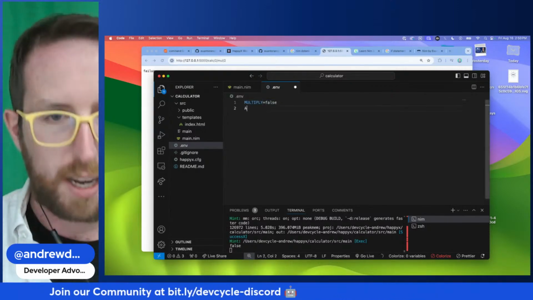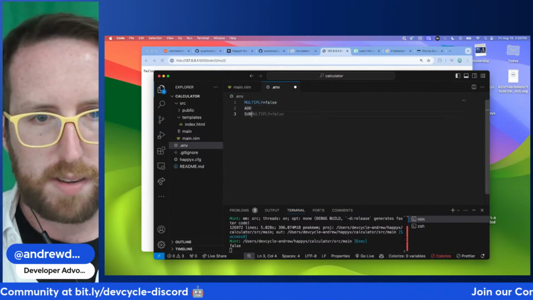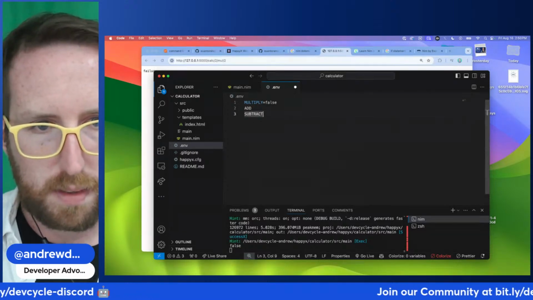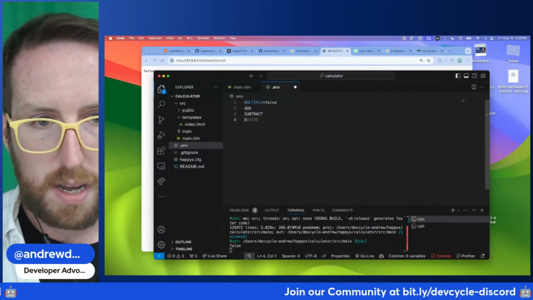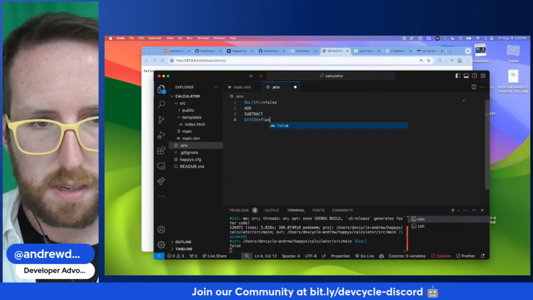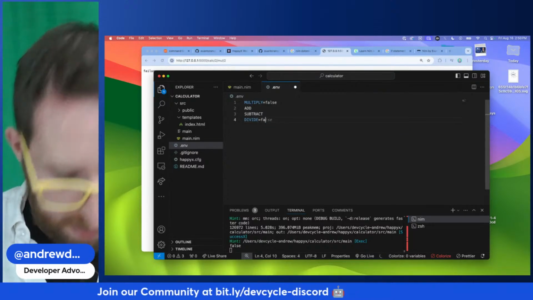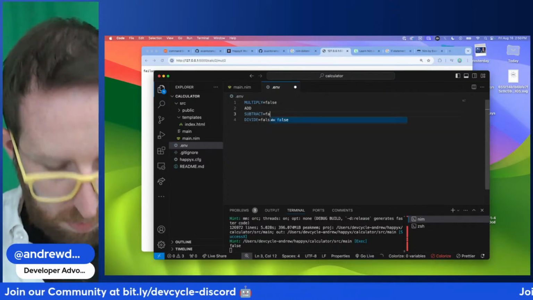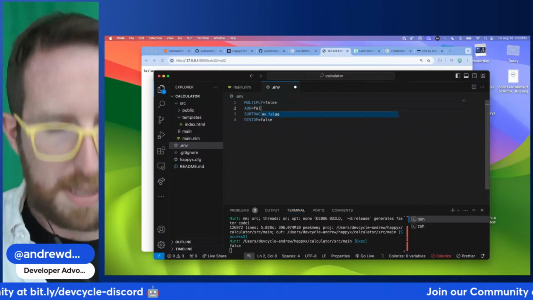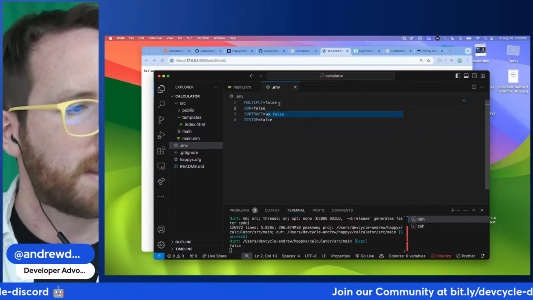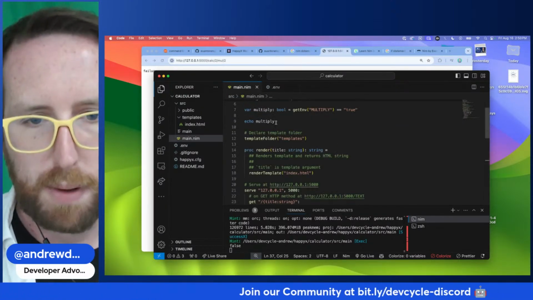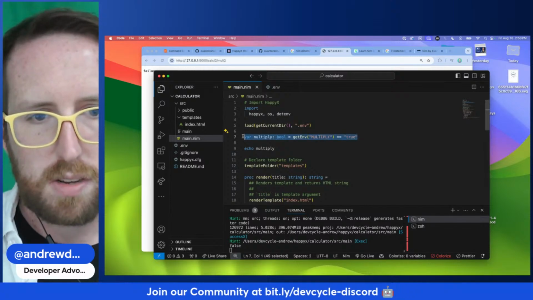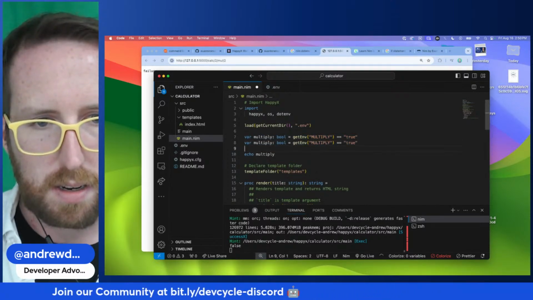And I could do this for everything. I could do add, subtract, and divide equals false. I could literally turn all of these off. False equals false. I mean, this is super simple. This is the most basic implementation, but now we've kind of got it working. So we can create